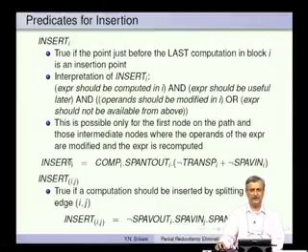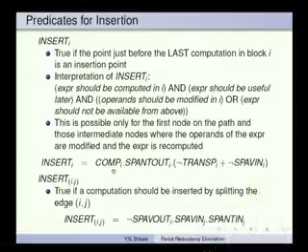So, here is the insert predicate: insert I equals comp I, that is AND operation, span out I, safe partially anticipable out I, and then AND with an OR operation, not of trans pi, or not of spav in I, safe partially available in I. So, this is not understandable straight away. Let us look at an explanation to understand this.